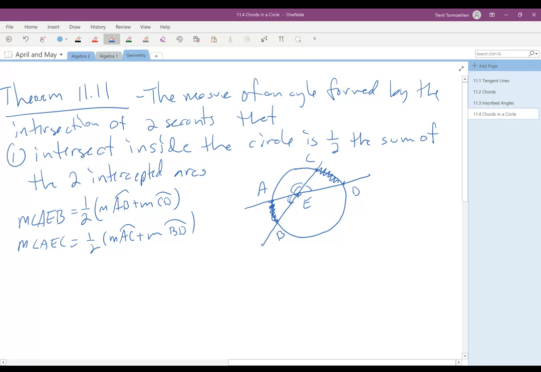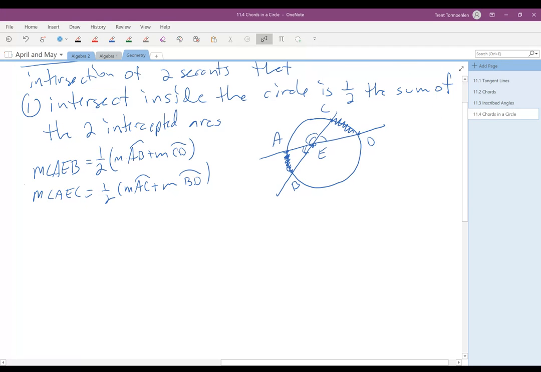So it's very simple. All you do is find those two arcs and take the average of them. Add them together, divide by 2, that's the average of the two arcs, and that is the angle between those. And then the other case,